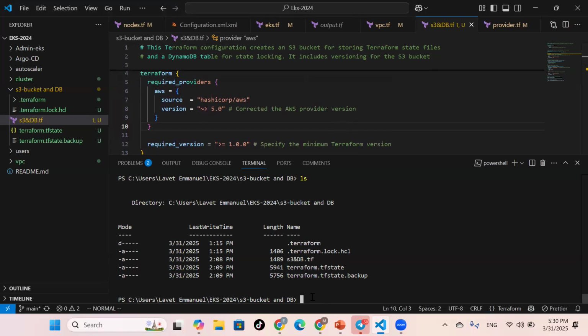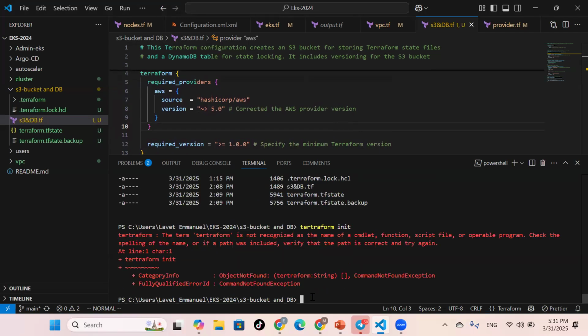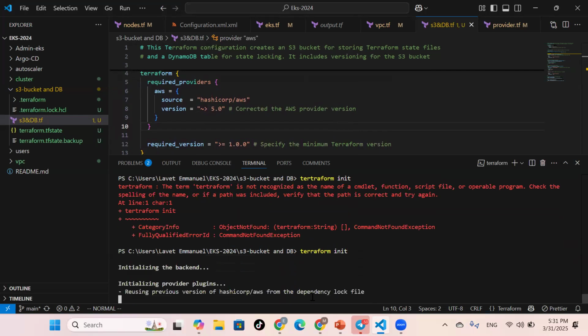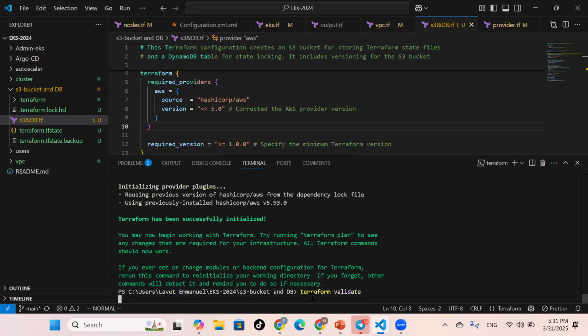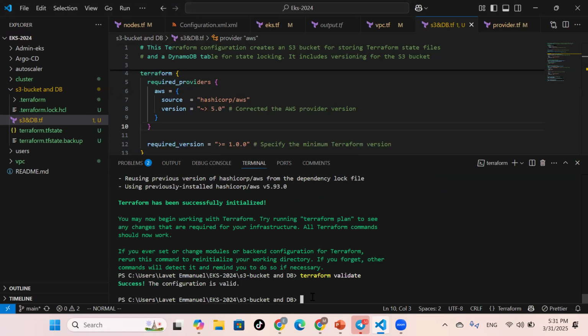So now I'm going to type Terraform init. Wrong spelling, sorry. Terraform init. So once you have typed Terraform init, the next you'll be typing is Terraform validate to make sure your configuration is valid. Configuration valid. Next one is Terraform